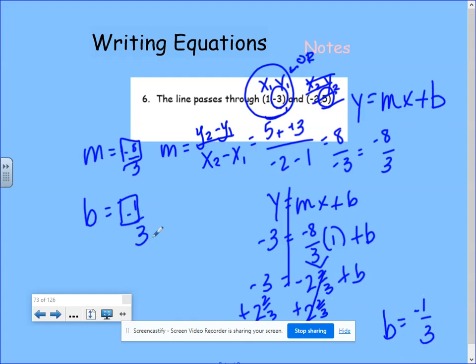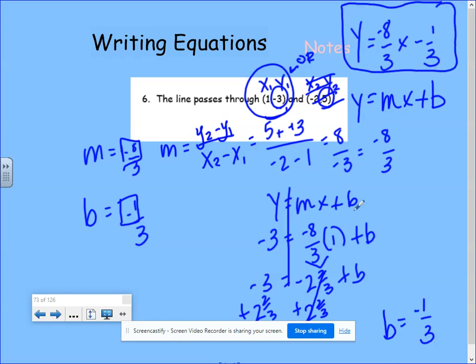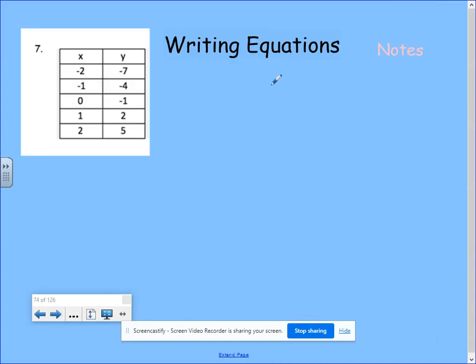So guess what? We win the game. Y equals -8/3 is my m, and -1/3 for my b, or my y-intercept. Game over, we won. Number 7, how do I write an equation in y equals mx plus b when I'm